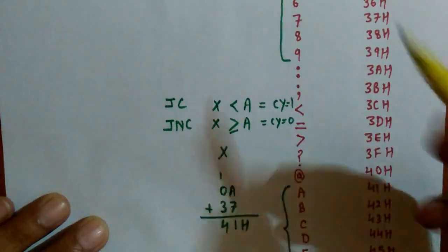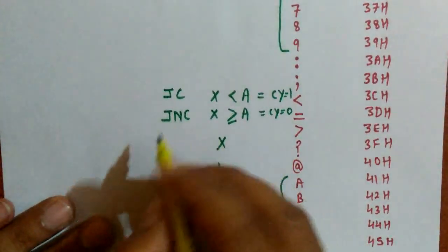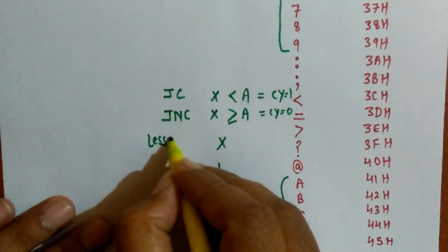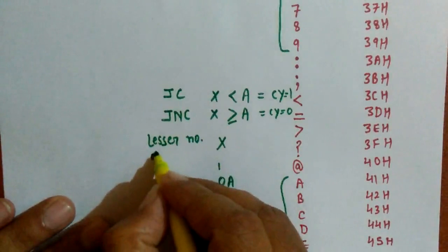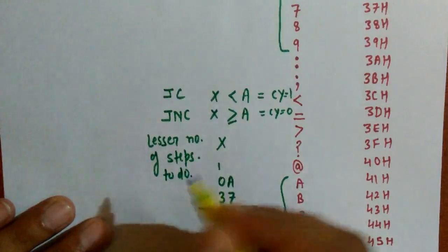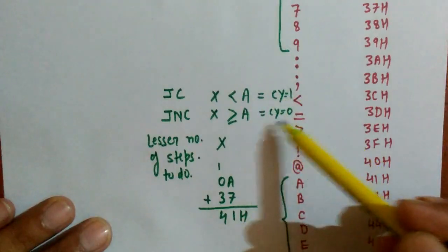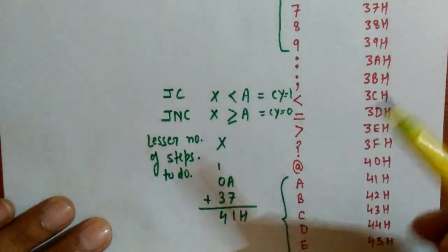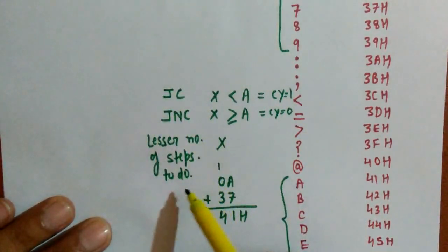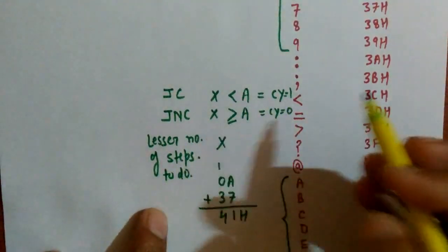So which instruction will we use? I have told you in my earlier lectures to simply follow the rule: use the instruction for which we will have a lesser number of steps, or a lesser number of instructions to write. This is my funda. There are two possibilities, you may choose carry equal to 1 or carry equal to 0, and the shortcut method is to use the one with fewer instructions to write. Okay, so let's see both cases.